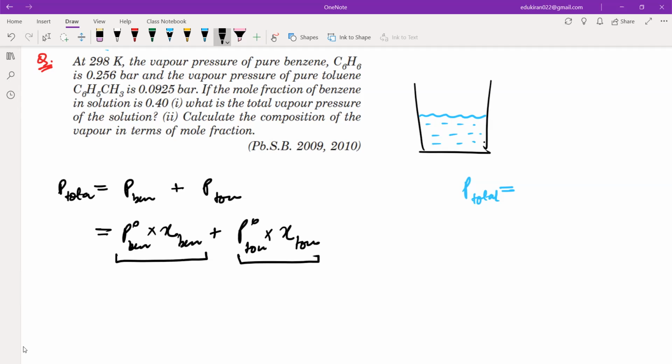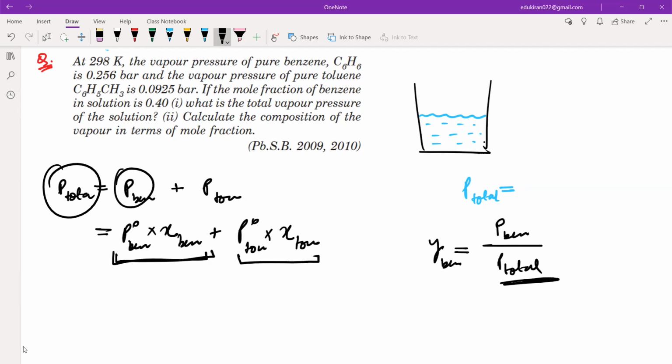Now that partial pressure you have to use and you can calculate the y of benzene, that means the vapor phase में क्या होगा benzene का, this will be equal to the pressure due to benzene है ना, partial pressure not pure, सिर्फ partial pressure यानी कि ये वाला quantity इन दोनों को multiply करने के बाद जो आएगा divide by the P total. ये P total कहाँ से आएगा, this P total is this P total here. चलिए कैलकुलेट कीजिए इसको।